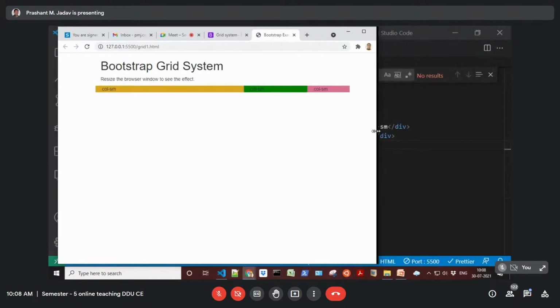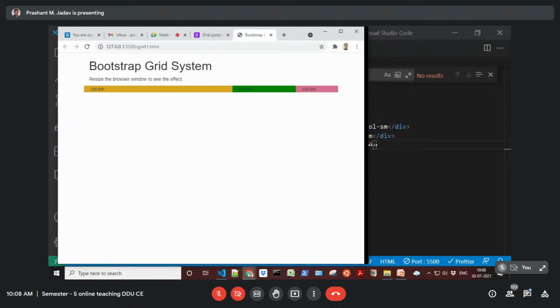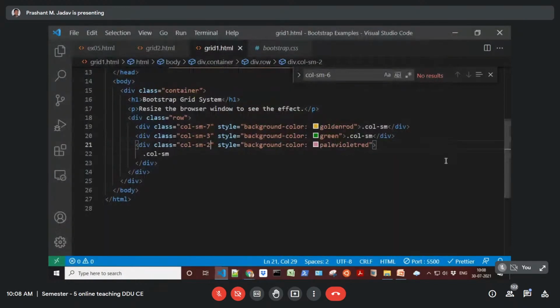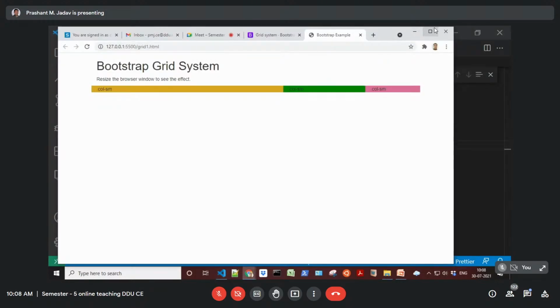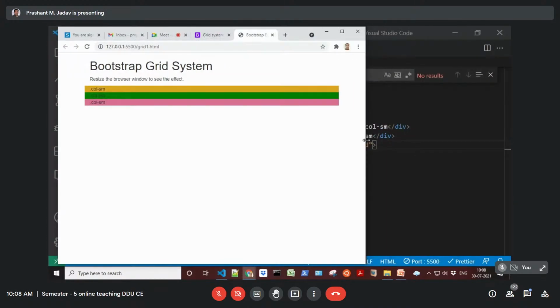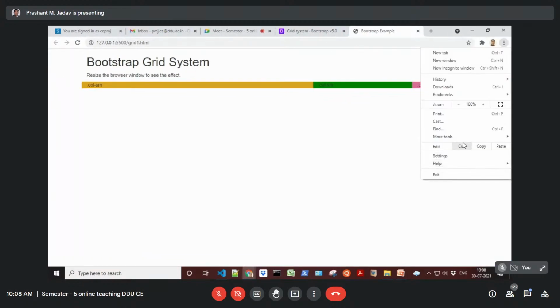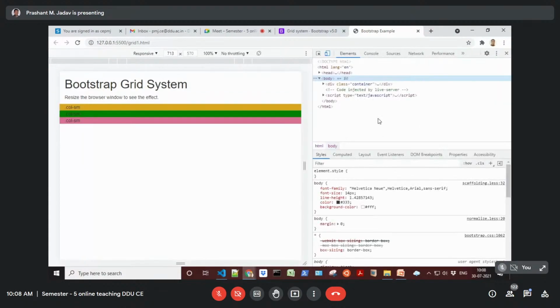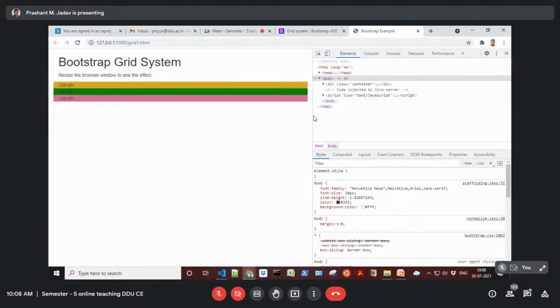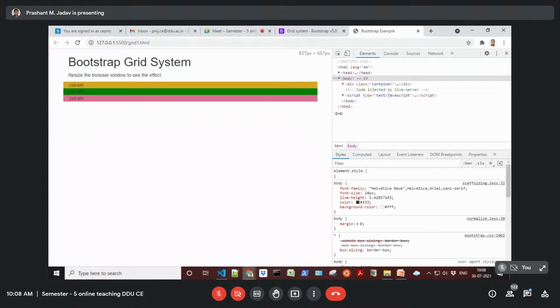And again, if we resize this, then it should automatically adjust. It is small and also targeted for the medium devices. So see that, you can see the exact pixel from the developer tools. Let me open the developer tools. Yeah, you can see that